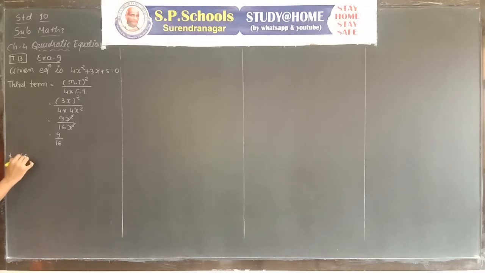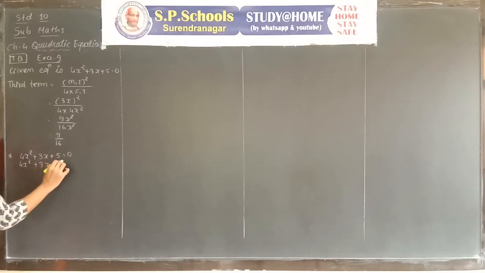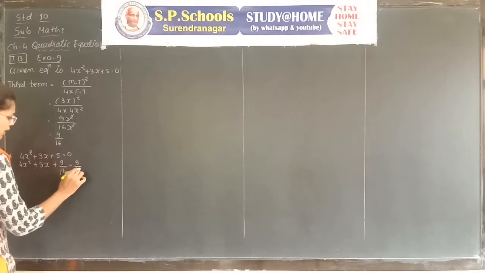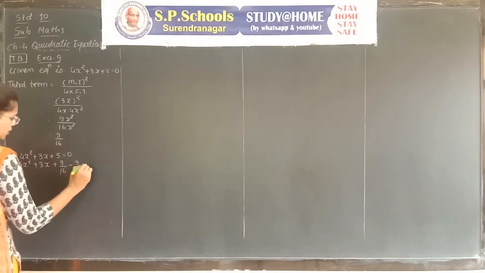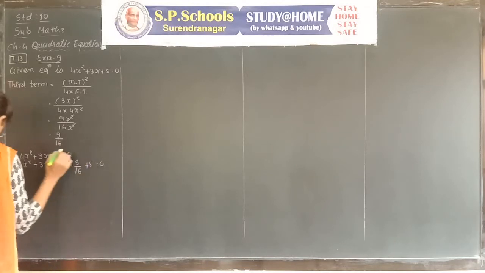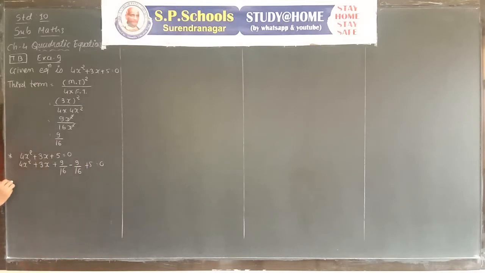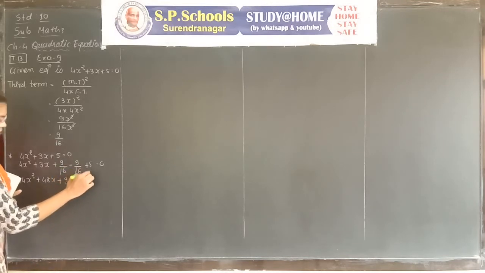Starting from the given equation, 4x² + 3x + 5 = 0. Keep 4x² + 3x as it is, plus substitute the new third term 9/16, then subtract 9/16. First add, then subtract, and the plus 5 remains as it is. Now take the LCM first. 16 fours are 64x² + 48x + 9 − 9 + 16 fives are 80